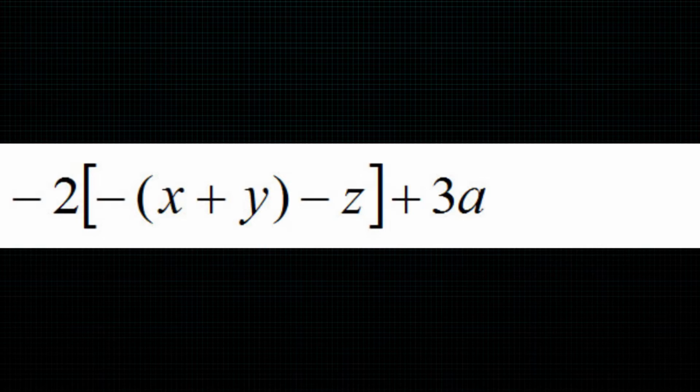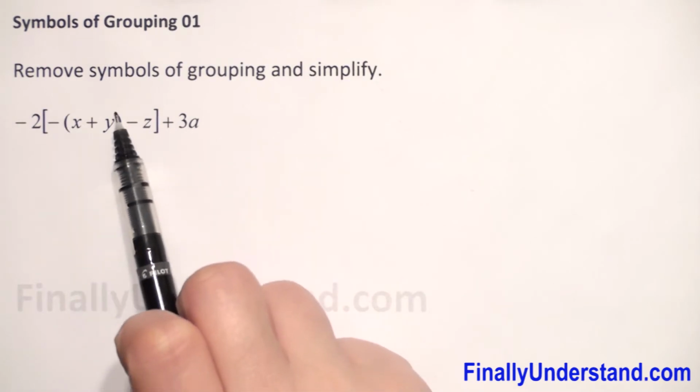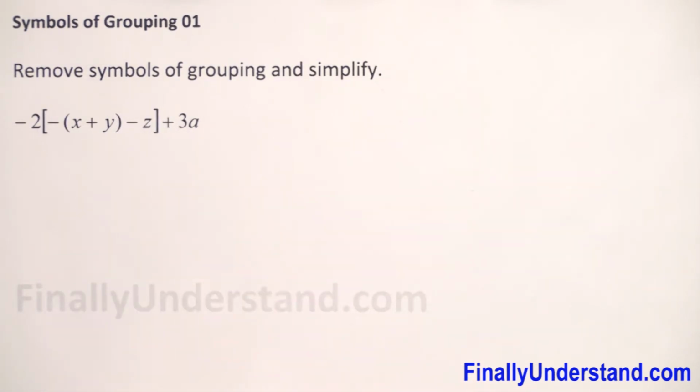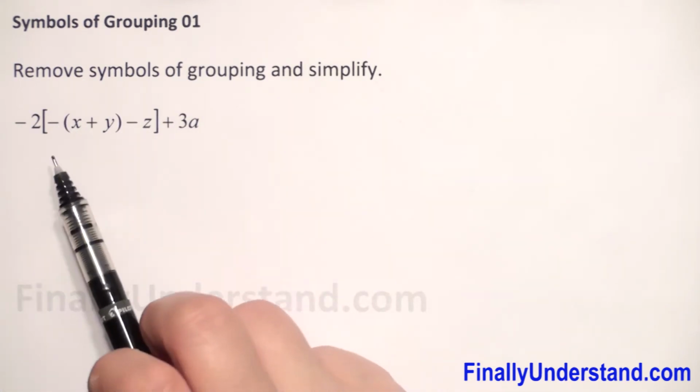We have to remove symbols of grouping and simplify. So first we have to check what kind of parentheses we have here. We have parentheses, x plus y inside, and brackets. So first we have to do whatever we can do in the parentheses, because